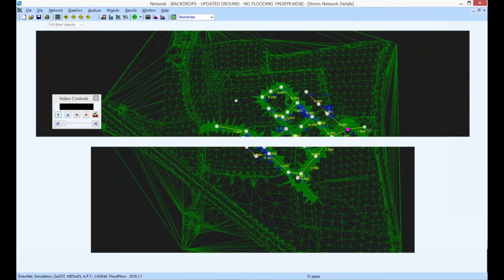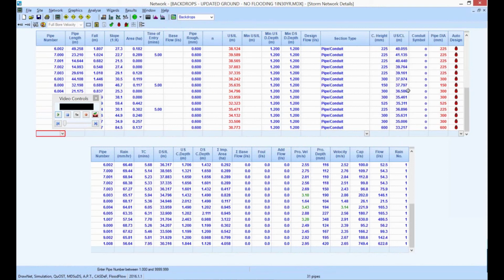And if I have a look at the storm network details, you'll see the cover levels are blue. They've been read from Dan's updated data. So Dan had purposefully looked to use the carriageways as potentially an extreme worst case conduit to help manage my surface water in the extreme cases. So what I've done here is I've run the 100-year plus 40% for climate change tests in the model. Unsurprisingly, I've suffered a little bit of flooding, but now what I can do is I can interrogate these results,